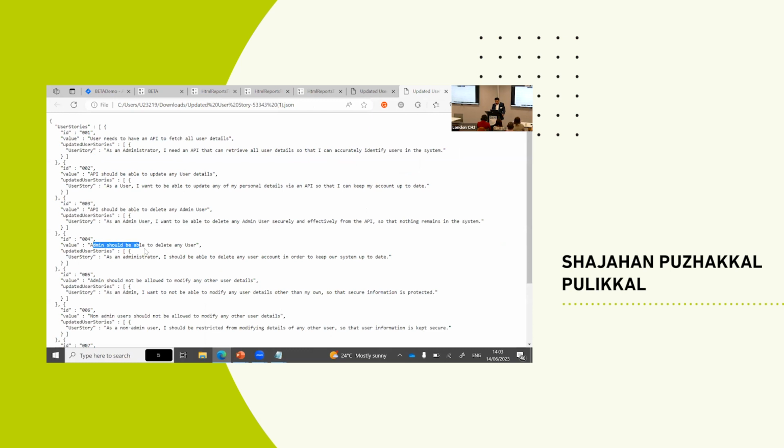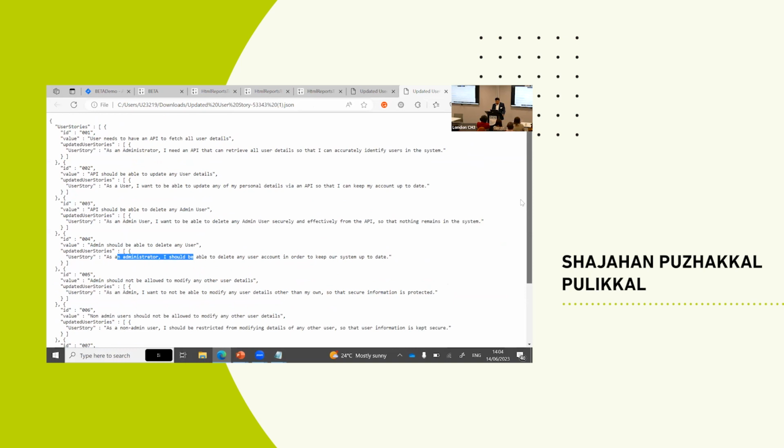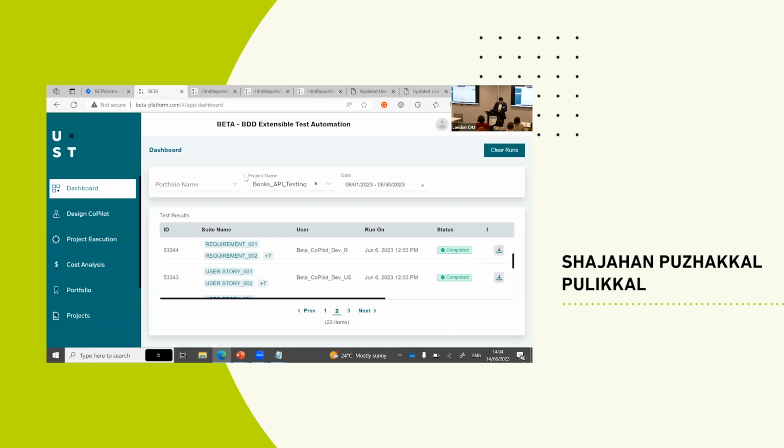So this is one of the user stories, and it mentions the standard format, as a user. This should happen, and this is the way we didn't write the user story. It will correct that user story. And in case of any complex things, it will split it into a number of user stories. That's the way it will correct it, and the updated user stories will be given to the business analyst. They can start utilizing them and fine-tune them if any domain or product level information is missing; the BAs can add on top of it.